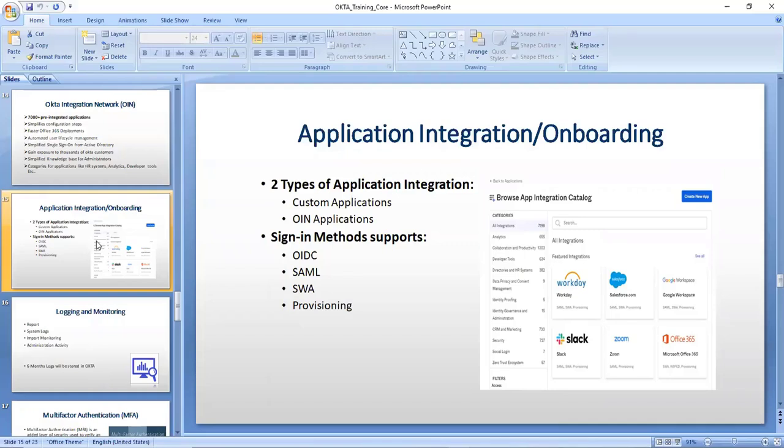SAML is a protocol used for integrating applications that will be used for single sign-on. There is another method called OIDC, OpenID Connect. People will call it OIDC. This OIDC will be used for some set of applications to enable single sign-on. So these are the protocols available in the market.